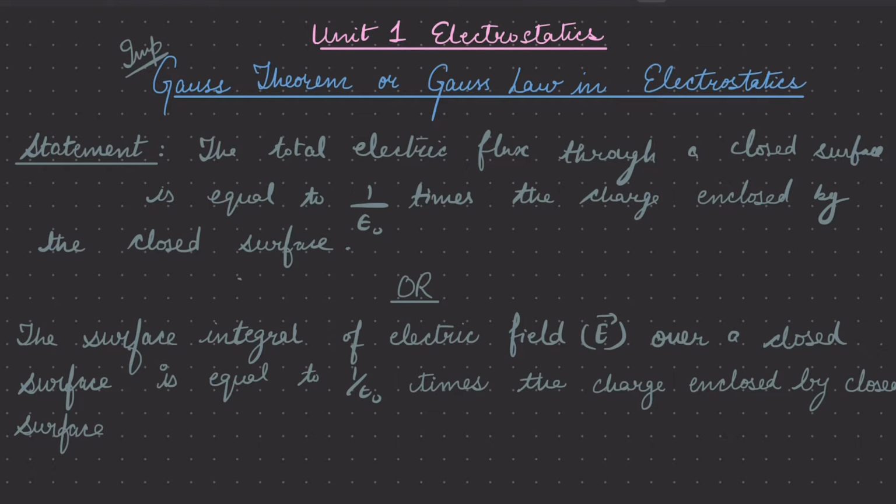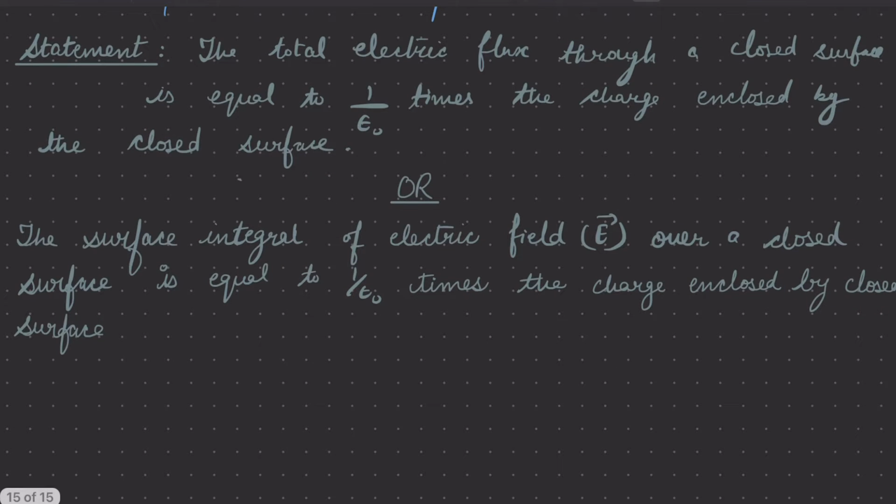According to the first statement, the total electric flux coming out of a closed surface is equal to 1 upon epsilon naught times. Here times indicates multiply. So 1 upon epsilon naught times the charge enclosed by the closed surface. It is about the flux, so we always indicate flux with phi. So total flux which is coming out of a closed surface is equal to 1 upon epsilon naught multiplied by the charge enclosed